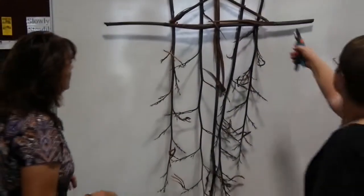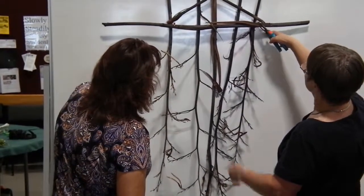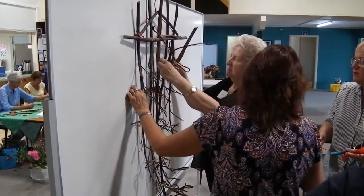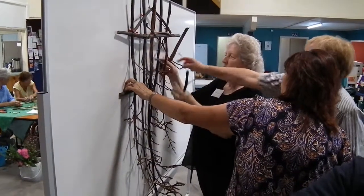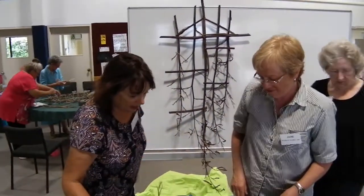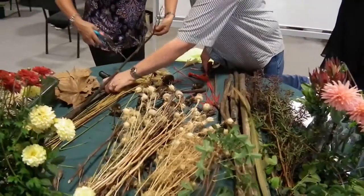Standing back, they checked on proportions and decided that those horizontal pieces were far too long, so they got nipped off a little bit to make it much longer and not quite as wide. And more of those horizontal lines were then added. They were doing this by sight, designing as they went what looked right, bit of discussion, down a bit, up a bit, but you can see now that that coat hanger triangle is almost completely unnoticeable, and they get to the stage of having a look at all their plant material